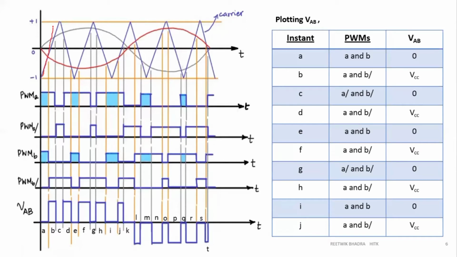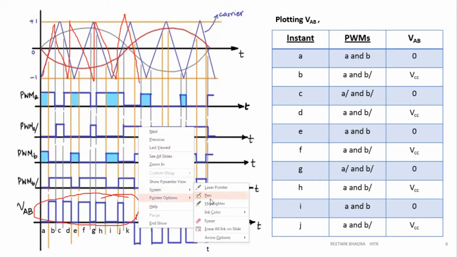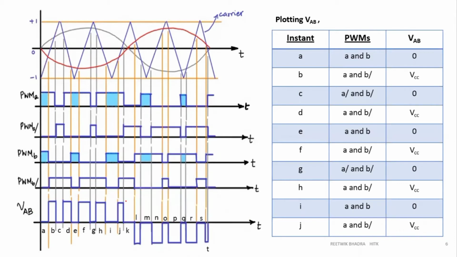If I take a higher frequency, like this, then under one half cycle there are 4 waves. There will be many more intersection points. Over here there are 5 intersection points, so that's why we are getting 10 points over here. If you have a higher frequency carrier waveform, the intersection points will differ and this waveform will also differ.